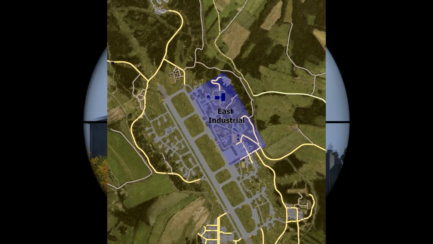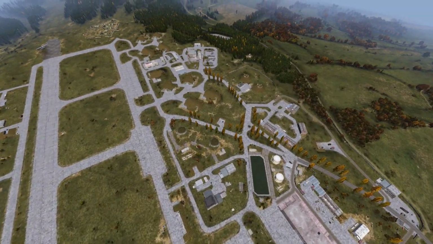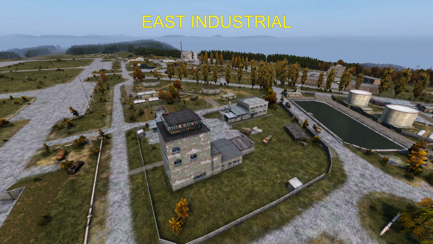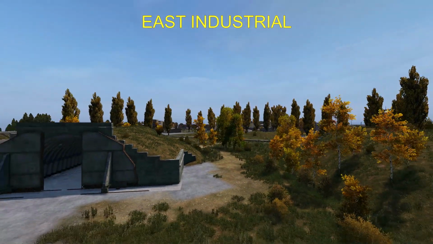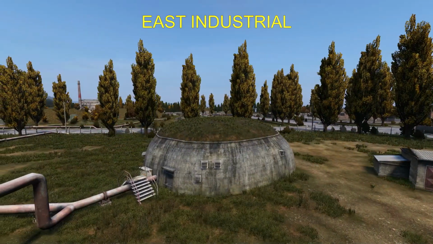Alright, let's take a look at the East Industrial section of the map. Eastern Industrial is very large and has a lot of unique buildings. The 3 main buildings, though, are the ATC, the factory, and the glass factory. These are your main sniper vantage points, and I'm going to cover ranges and other information about these in a minute. Some of the unique structures in this area include the underground hangars, which do spawn loot, the mounds,